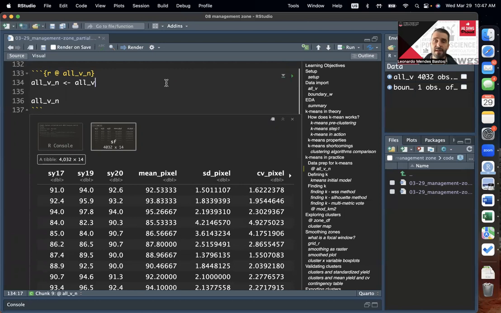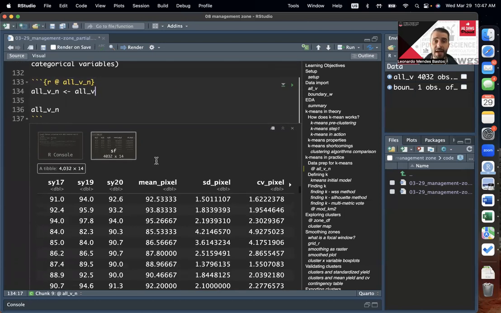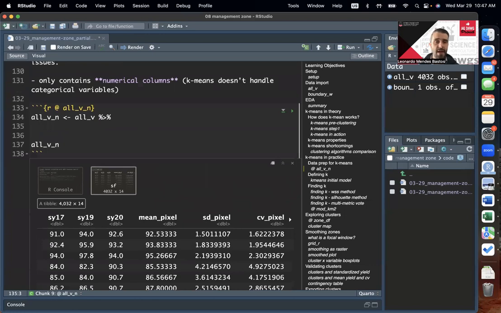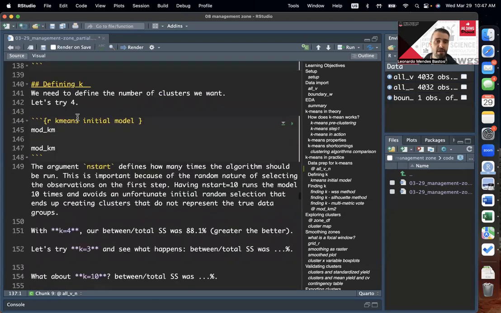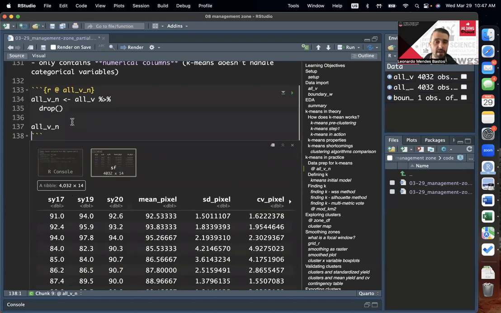Well, wait, let me take one step back. First thing I want to do here is drop NA, right? So we cannot have NAs when we're running K-means. So the first thing here I want to do is just come add a pipe and use a function called drop_na. So right now our data all_v has 4,032 rows. If we drop NA, if you run that and then you print it, we end up with,